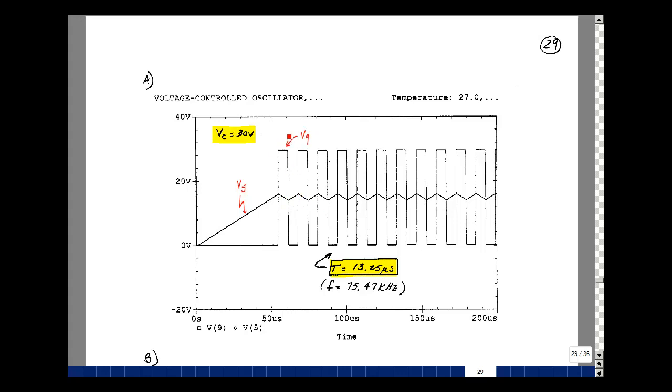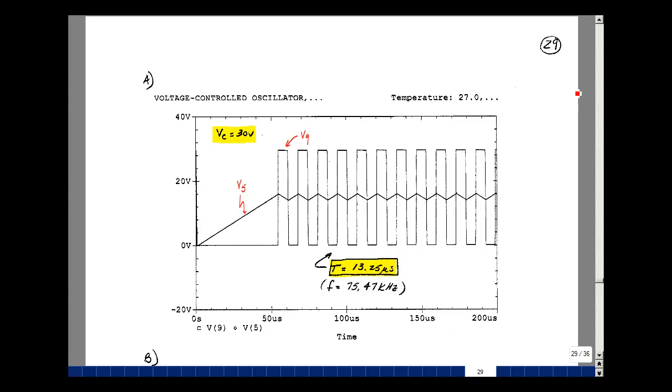This is the output of the hysteresis loop circuit, and it's roughly going between about 30 volts and 0 volts. So after some transient analysis, we see there's a steady state square wave that's coming out of our comparator, and then what's coming out of our linear circuit is basically a series of ramps, or triangle wave. The period of this in steady state is about 13.25 microseconds, and that would give me a frequency of 75.47